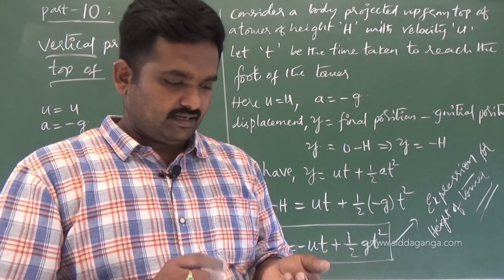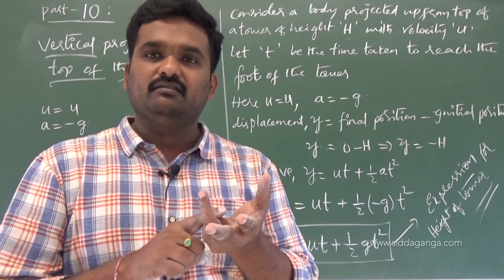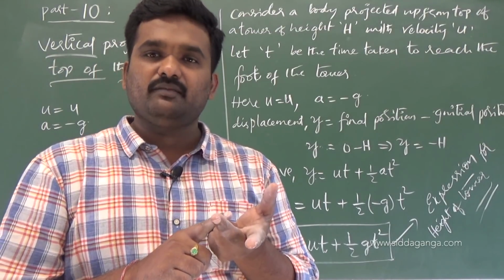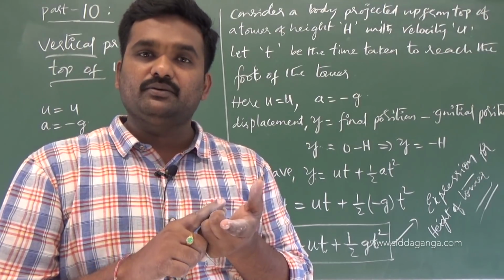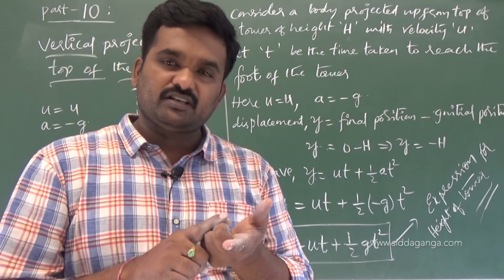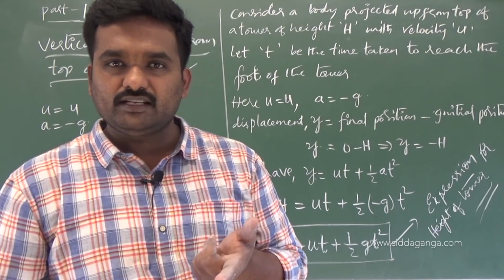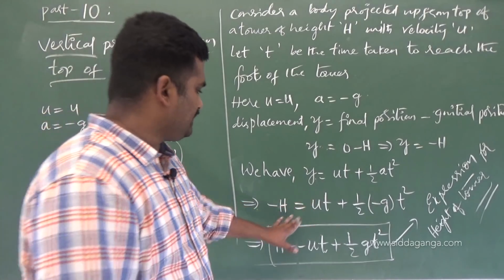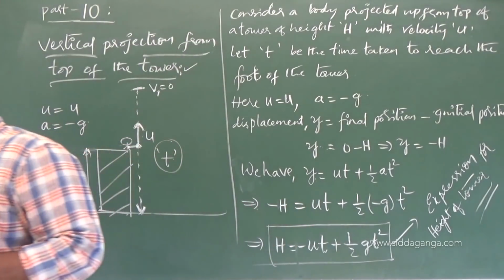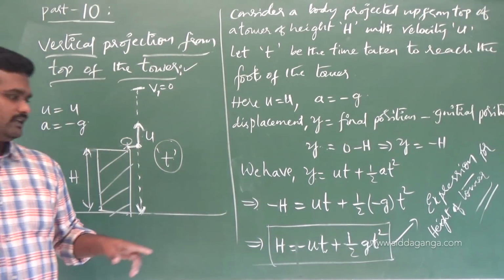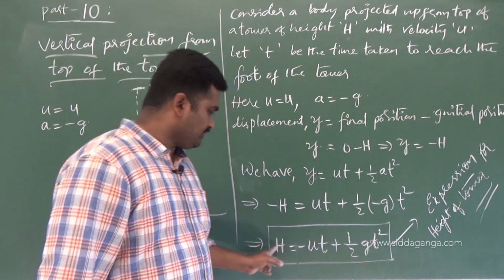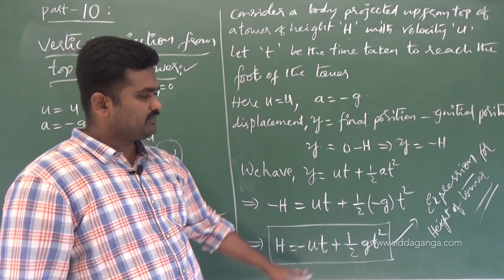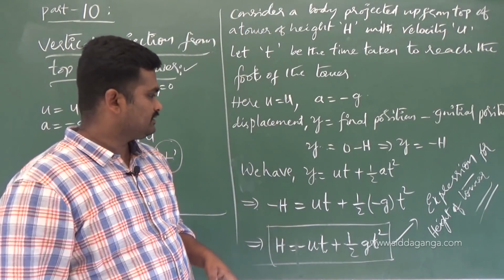I hope you got this, right? Relation between height of the tower, velocity of projection from top of the tower, and one more is what? Time taken from the point of projection from top of the tower to reach the bottom or foot of the tower. So this is the expression. See, if they ask to find the value of t here, how to write? By giving u and h, I can find it directly from this relation. I'm going to rub this. I hope you have all written this.